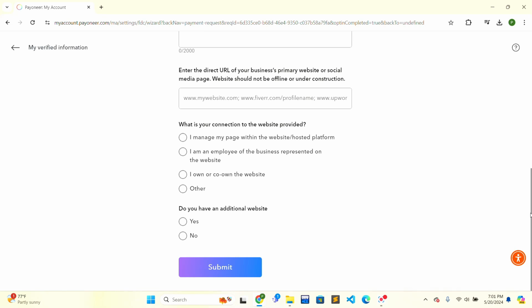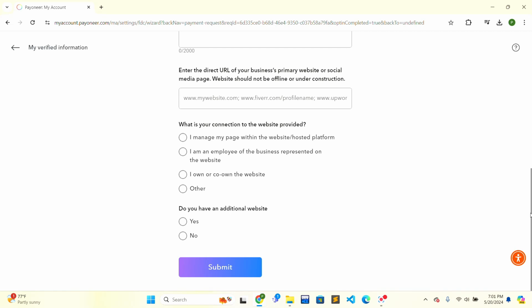When you have completed this step, there will be another step to add the payer. You can just enter their name or email. You can add the details, and after that the amount that you are receiving. After those processes are completed, you can just click on the OK button or Submit button that is right below or shown on the screen,